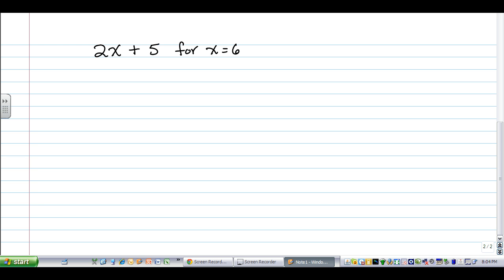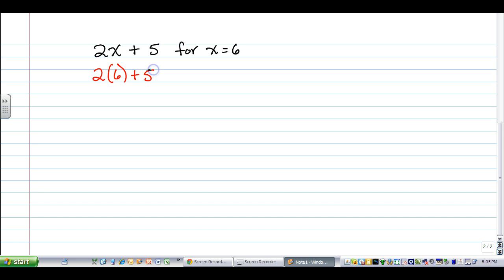This is an example of a problem you might see. The algebraic expression is 2x plus 5. This part is telling you what you're going to substitute the x for. So what will this be for x equaling 6? To do that, you have to replace the x with a 6. Whenever you have a number and a variable right next to each other, it means to multiply. So this means 2 times whatever x is going to be. 2 times 6, because I'm substituting the 6 for the x,